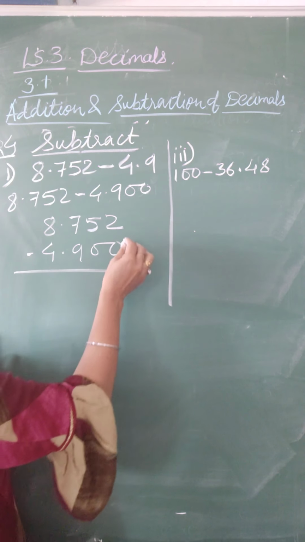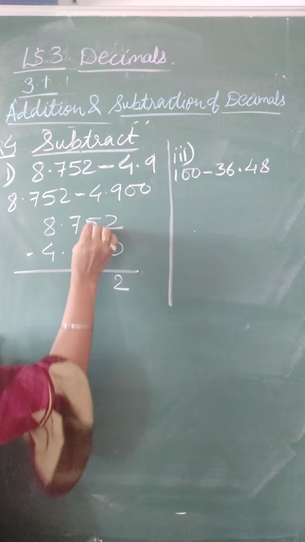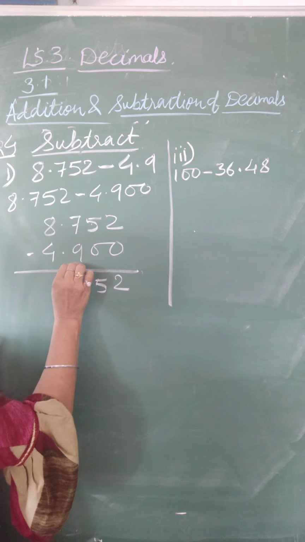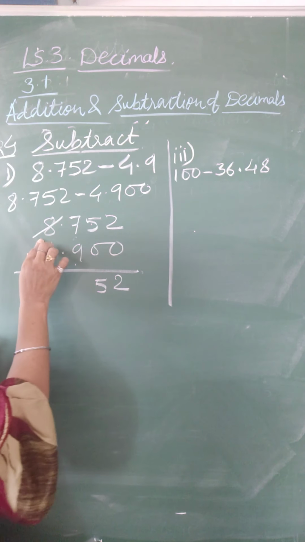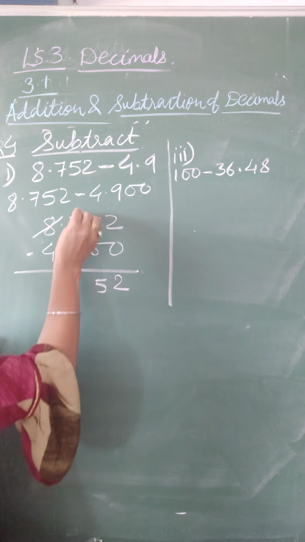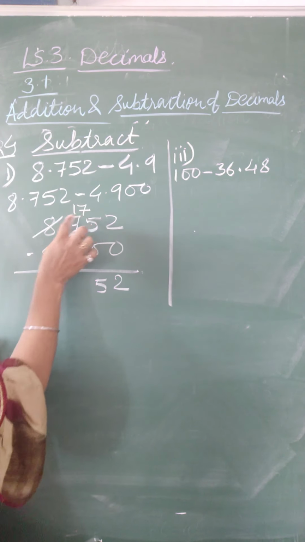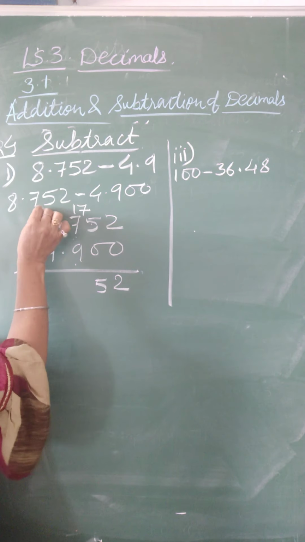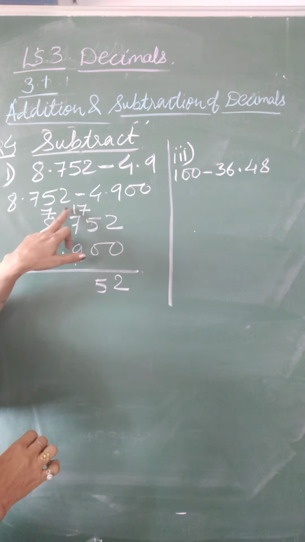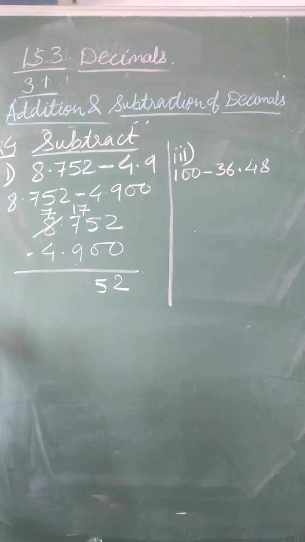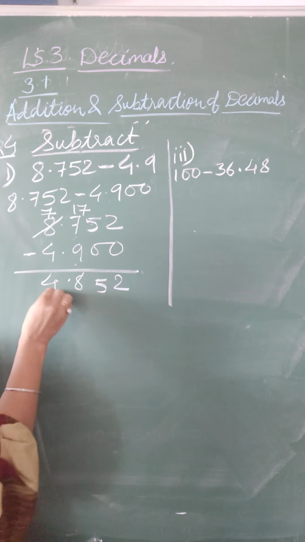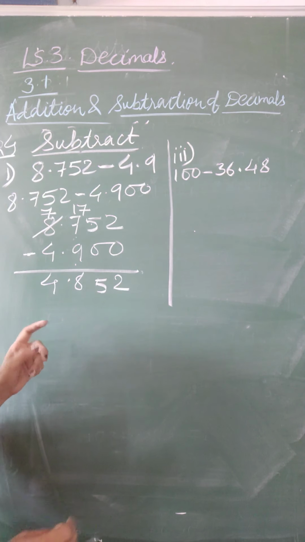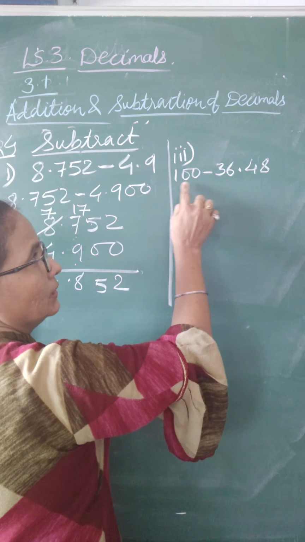Now you know, as we do in numbers, in the same way you have to subtract. 2 minus 0, 2, 5 minus 0, 5. Now can you subtract 9 from 7? No. As we cannot subtract 9 from 7, you have to borrow from the next place digit. What is there? 8. So we borrow 1 for this place, it becomes 17. As we borrowed 1 from 8, what is left here? 7. This you will write first only, and then you will simplify the example. And now 17 minus 9, 8. 7 minus 4 will be what? 4. So subtract carefully.